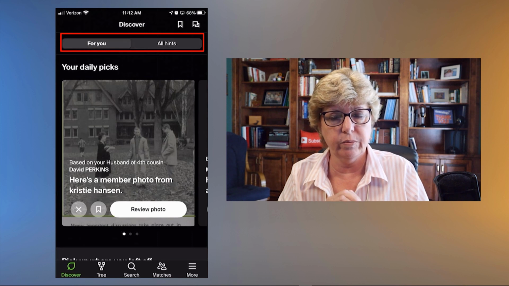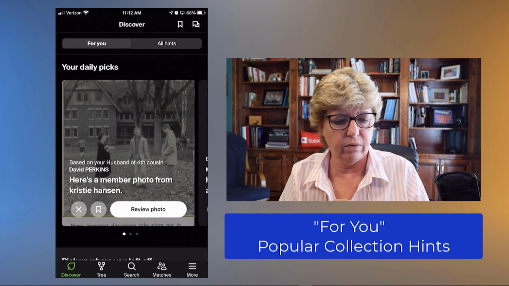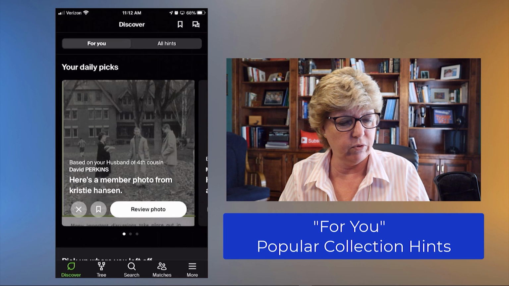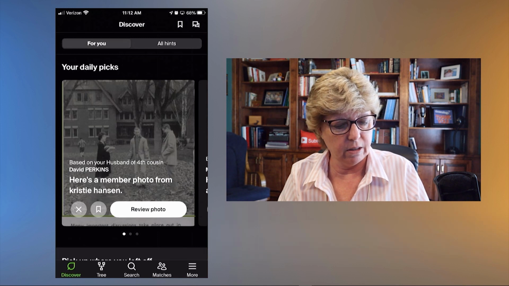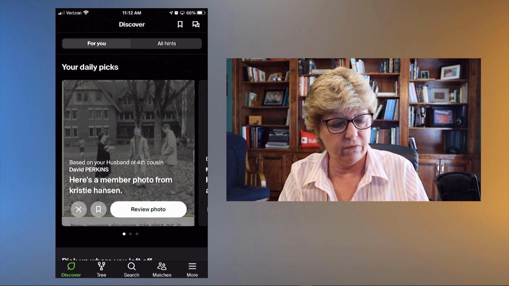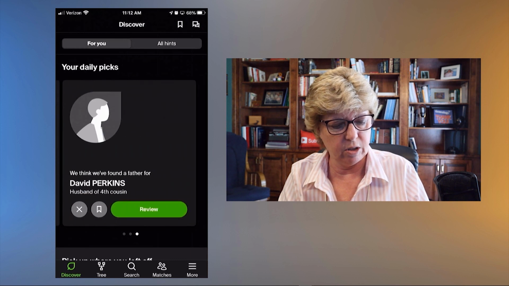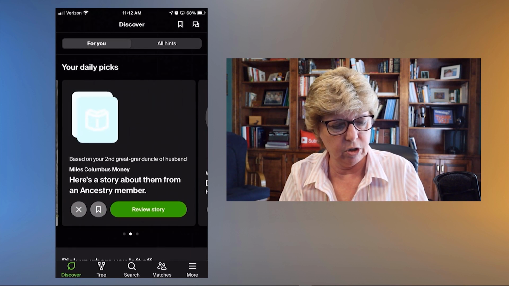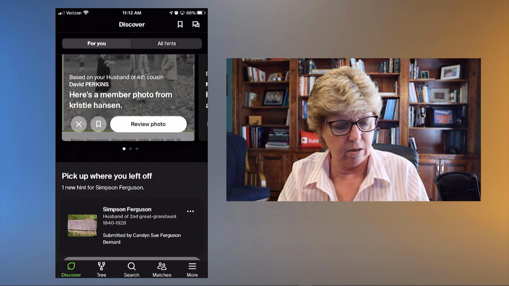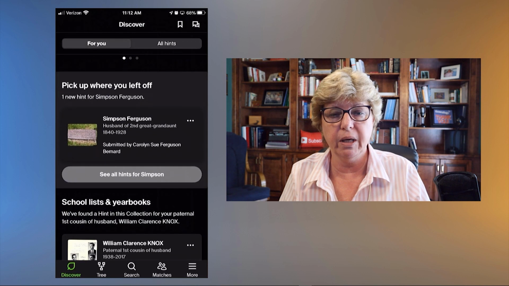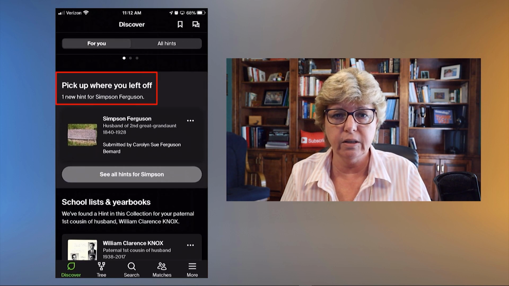Now, the For You is populating kind of their favorite low-hanging fruit, if you will. So here you've got daily pics, and it's showing a photograph of someone in my tree. And if we scroll to the right, we have several daily pics that we can choose from to look at. Now we can also scroll down and you can pick up where you left off when you were last working